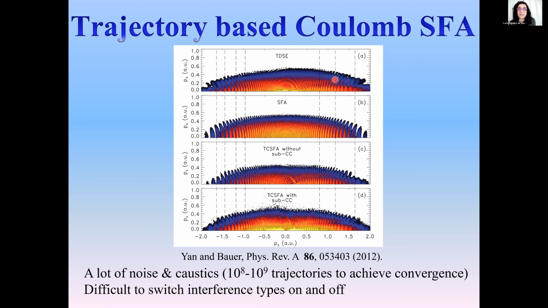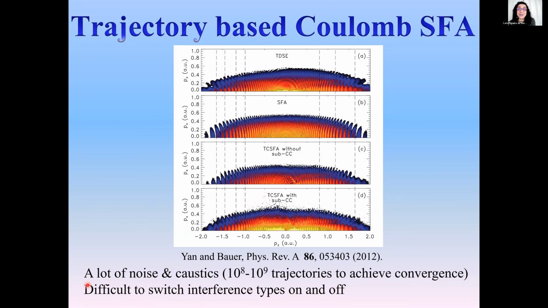This was done as a benchmark for hydrogen, a very simple model. Here is if you don't have these sub-barrier corrections, you start to see some changes. And here is when they put sub-barrier corrections, because you not only have the propagation in the continuum, you have something that is happening when the electron is tunneling, when it's inside the potential barrier, and you need to consider these corrections. The difficulty they faced was the following,